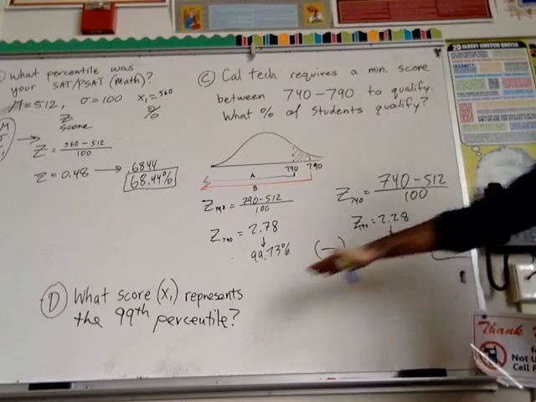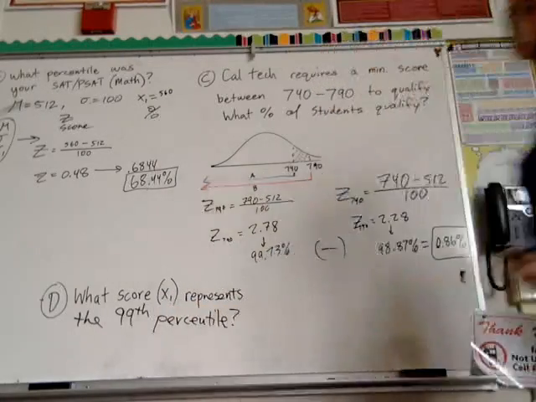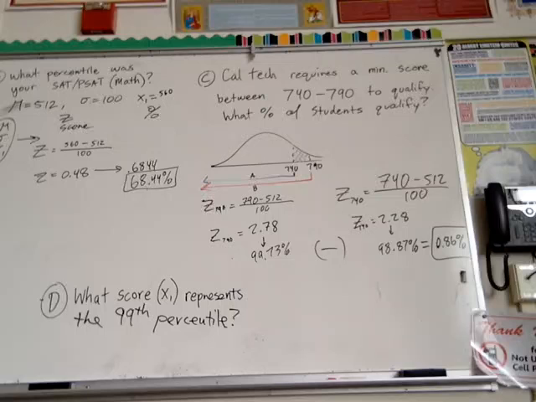So, thank you. Here, what score, what's x sub 1, represents a 99%? Think about it this way. Over here, we had our percentages in percentile. We're going to work backwards on the chart to get our z-score. From there, we're going to set it up here to find our x sub 1. So let's look for 99,